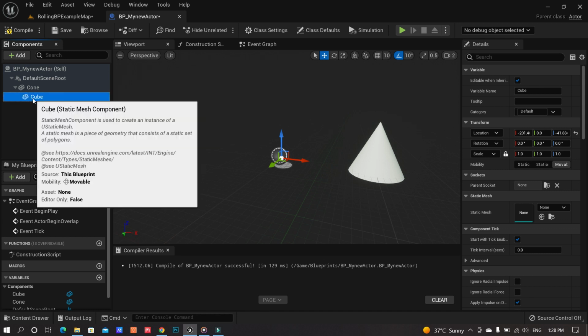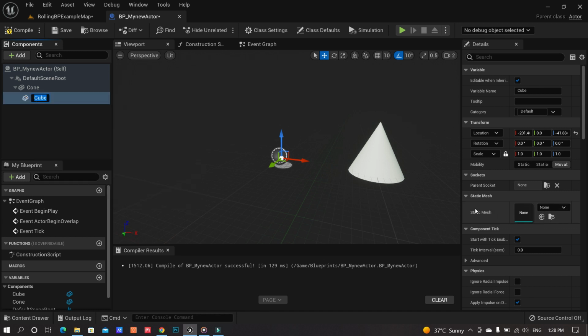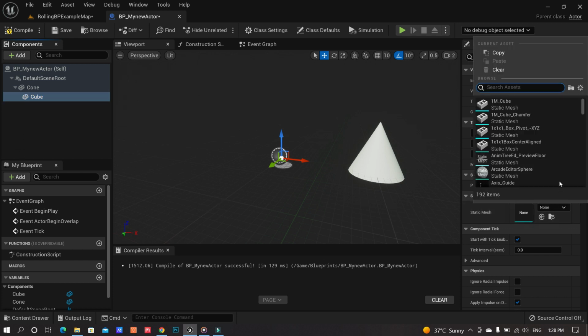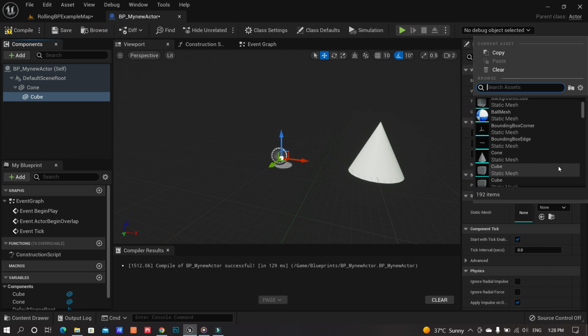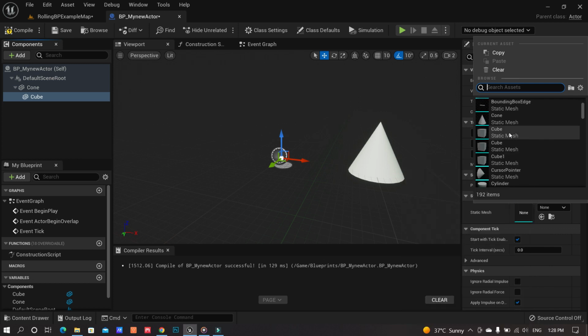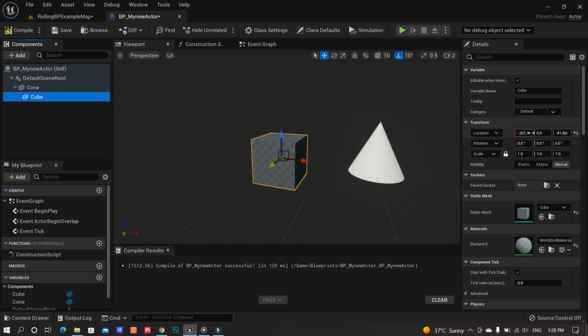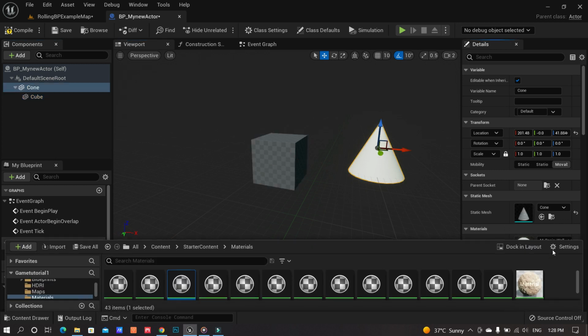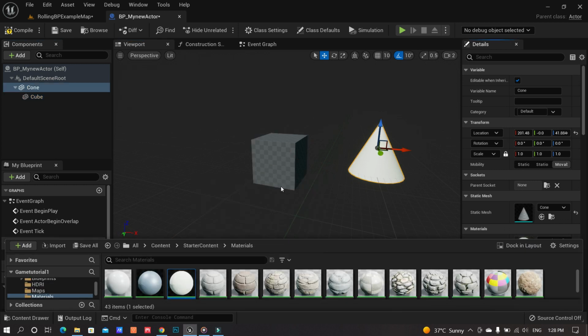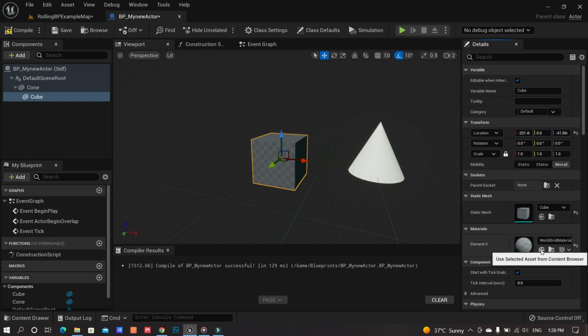For this purpose we'll go to the static mesh properties of the cube itself, and select and add a cube to our particular actor. There you go. Okay, the default material is still not white. Let me select this one and go back here, select this one, and then assign it.